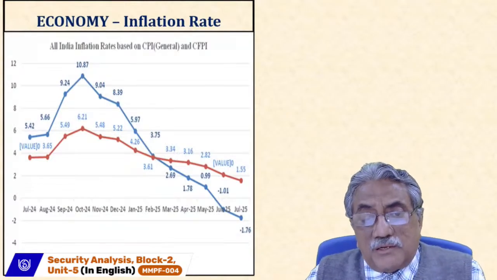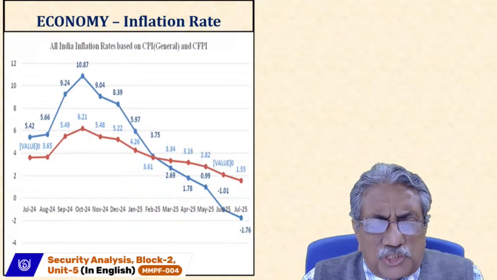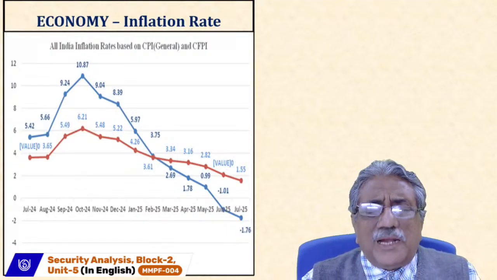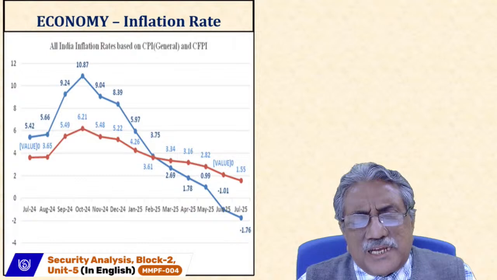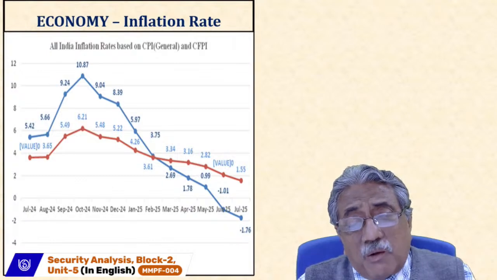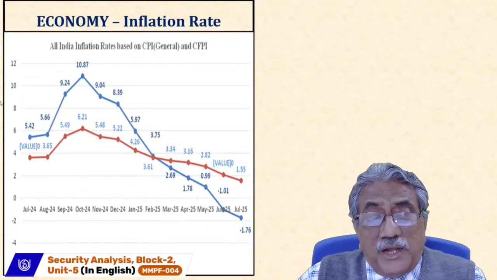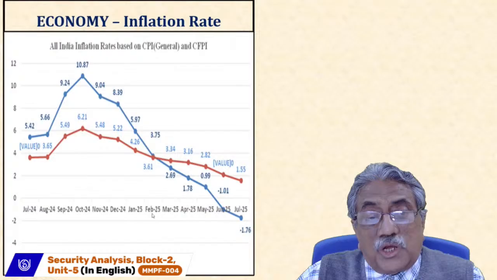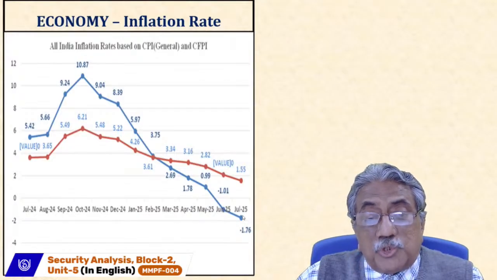This is the inflation rate. Now inflation is something which is like a termite. It corrodes underneath. Suppose your inflation is 10% and your bank deposit is 8%. That means, I have discussed it earlier, your real interest rate is negative 2%. That means your buying power is coming down. But if we see from July 24, there was a spike, it went up, but after that it is coming down. In fact, it is now 0.43 or something like that, the September figure. It is up to July.